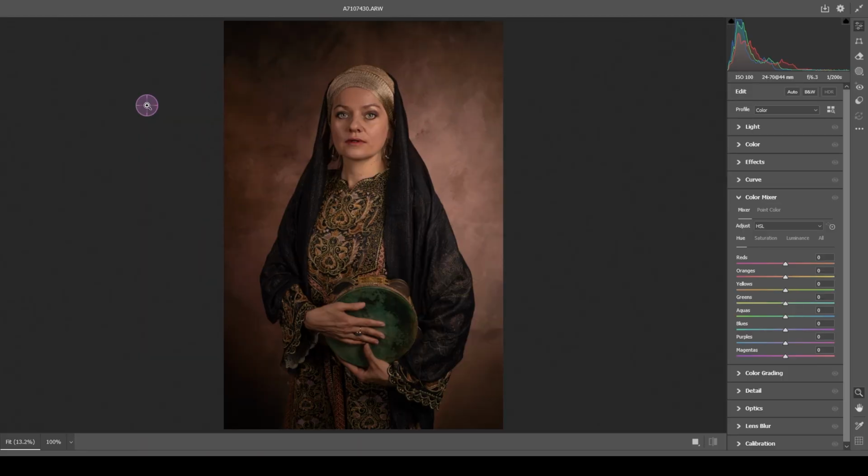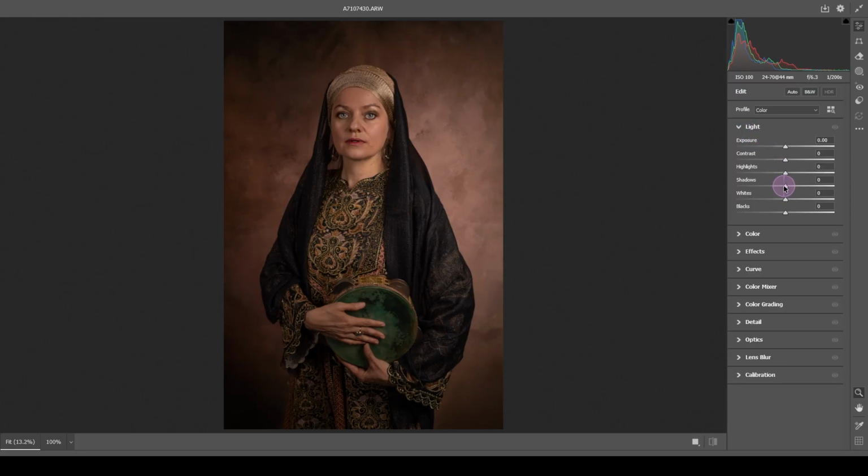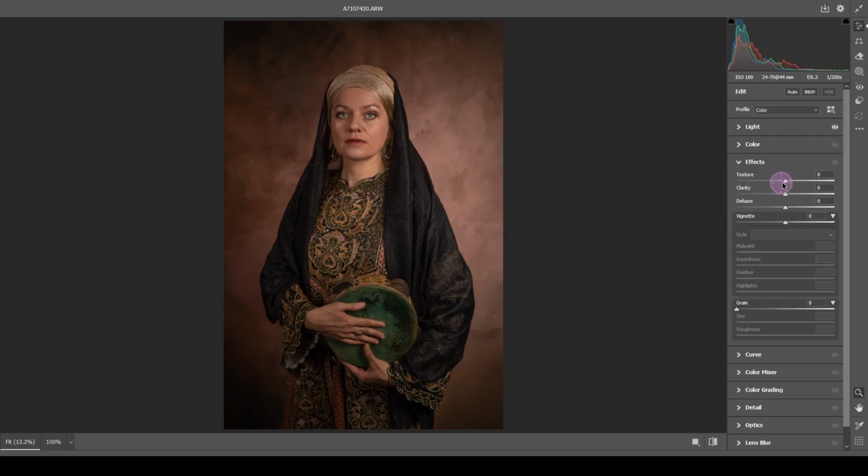Now, let's say that I decide that what I want to look at is only the drum, okay? Only the drum. So I want to work on the texture. I want to see if I'm getting enough detail. So let's see what happens if I play with the shadows. Not enough, just a little bit maybe. Maybe I need to work on the blacks, giving me a little bit of texture. But I already know that if I go into Effects and I play with clarity,